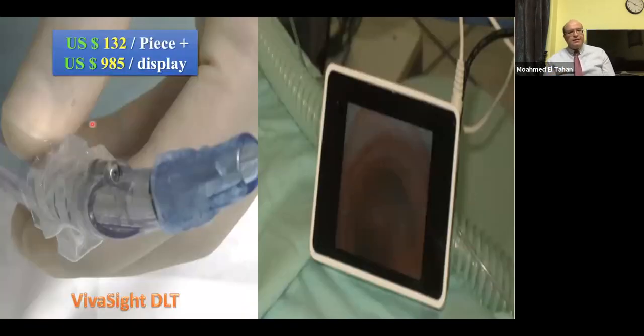Additionally, nowadays they provide VivaSight with an embedded camera at the tip of the tracheal lumen, so you don't need to look with a fiberoptic. However, using VivaSight cannot preclude using the fibroscope to confirm the proper tip position